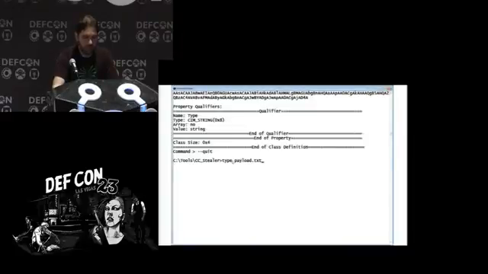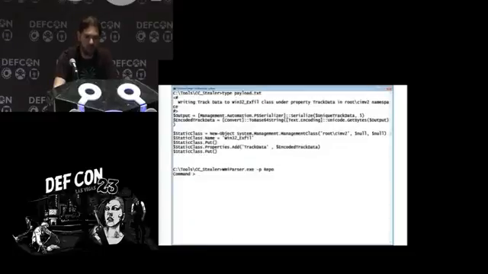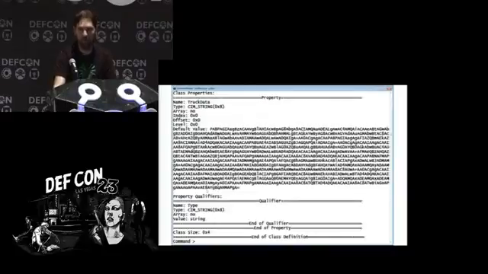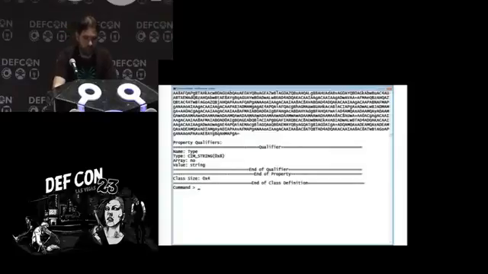So we decode it and we look at it, and the most important thing is, okay, where are you hiding the data that you're scraping? A class win32_exfil in the root CIMV2 namespace under track data is a good indication. So let's go back to the WMI parser and do a class definition parsing on the win32_exfil under root CIMV2. And what we have here, under the track data property, is another base64 encoded value, which after decoding it,